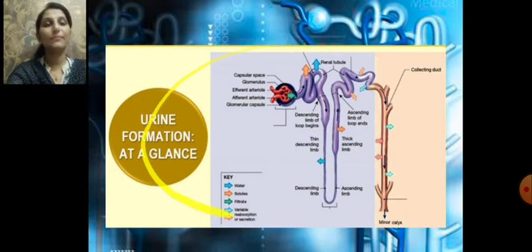So this is about the formation of urine. Initially, the glomerular filtrate is formed by passing through three layers, that is the endothelium, then the basement membrane and the epithelium of the Bowman's capsule. And then reabsorption takes place of 99% of the filtrate which is formed. And what all is secreted? H+, K+, all these are being secreted into the filtrate so as to maintain the ionic balance and also the pH of the body fluids. So that's about urine formation, three steps: glomerular filtration, selective reabsorption and secretion.